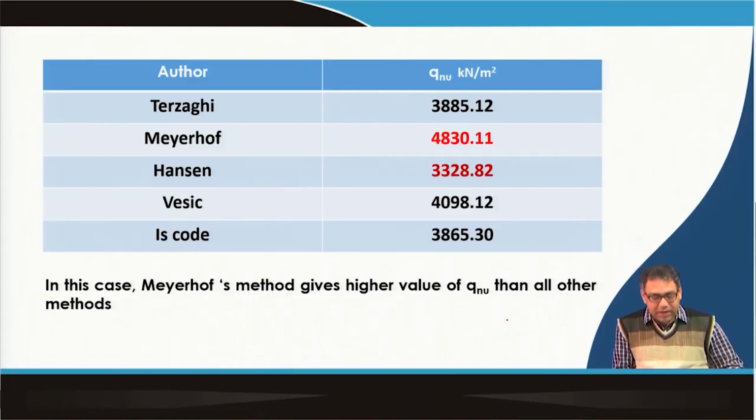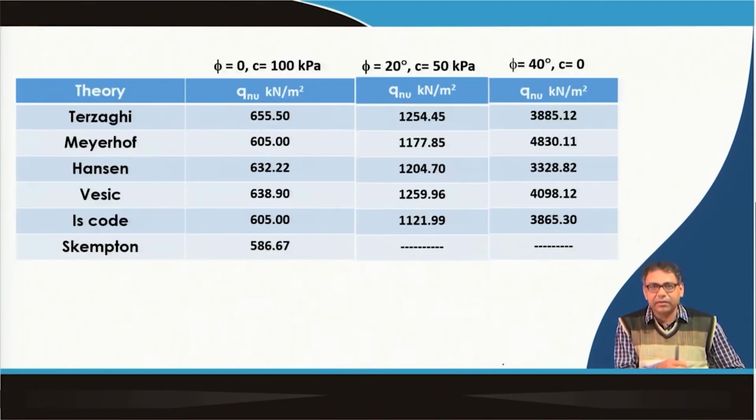But I have not incorporated Skempton's theory, because Skempton's theory is not applicable for sandy soil; it is applicable for clayey soil. But it is not true for all cases that Meyerhof's theory will always give a higher value and Hansen's theory will always give the lowest value. It is not true for all the cases, because if you look at this table here,